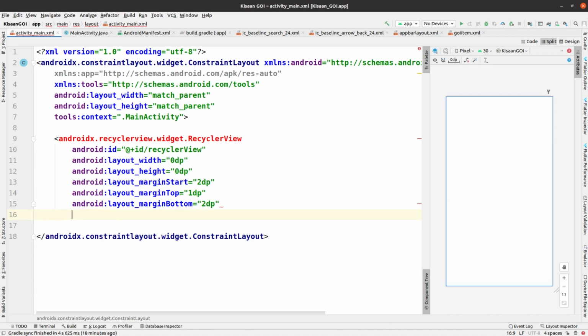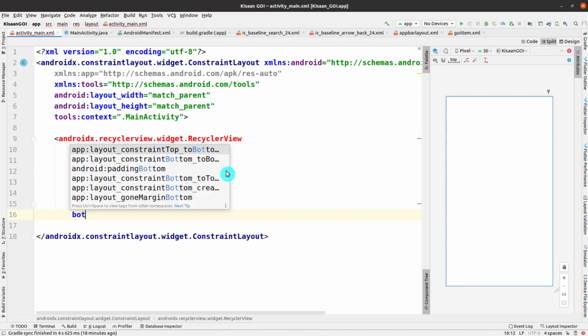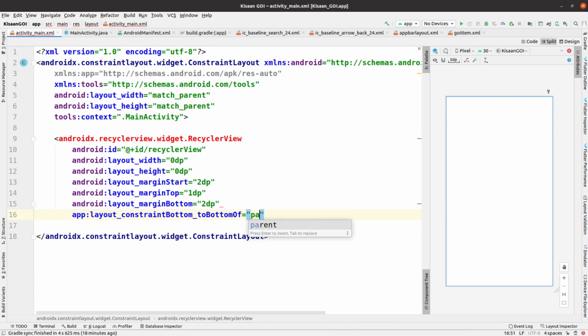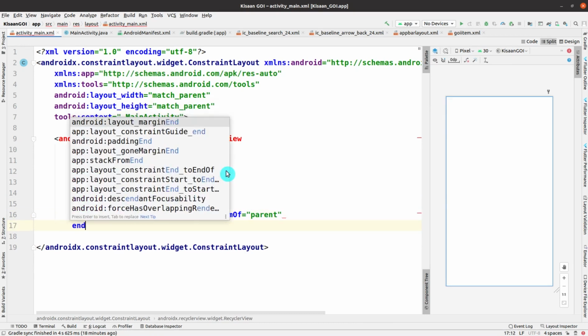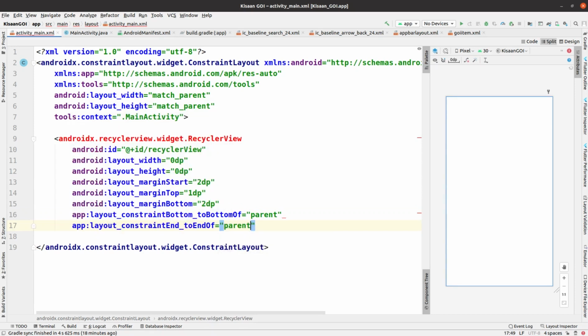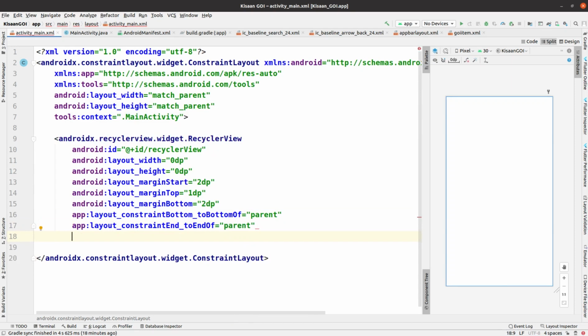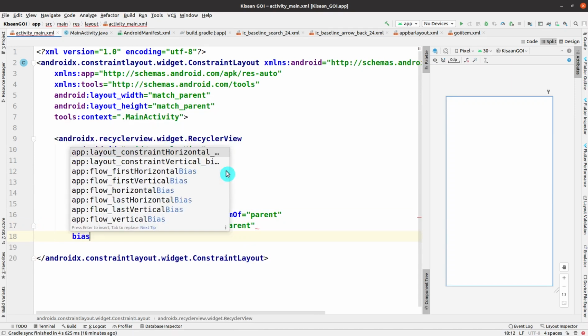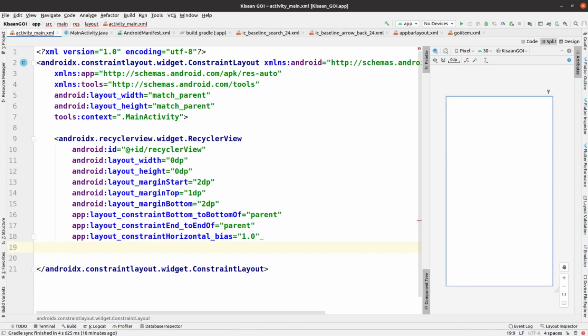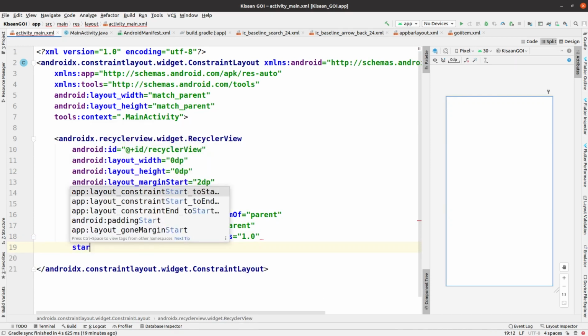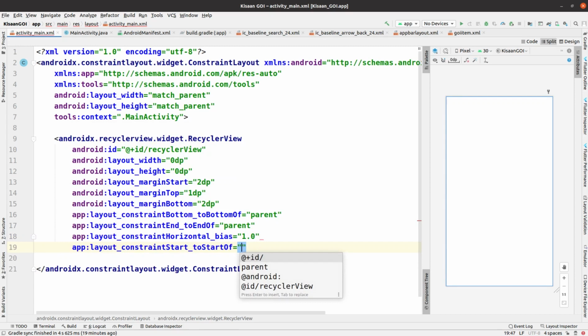Now margin from the bottom is 2 dp, and again we need some properties of the parent constraint layout, like bottom to bottom of parent, and end to end of is also given as parent. One more thing that we have to add is bias, and horizontal bias should be 1.0.